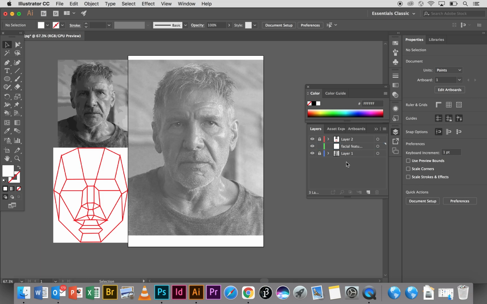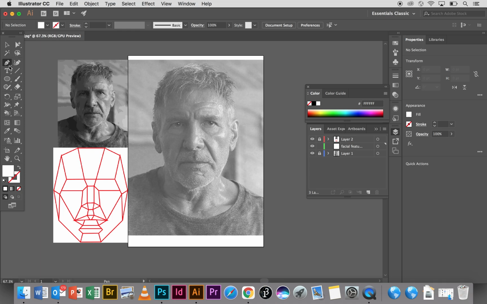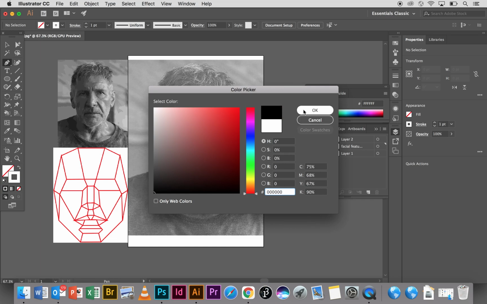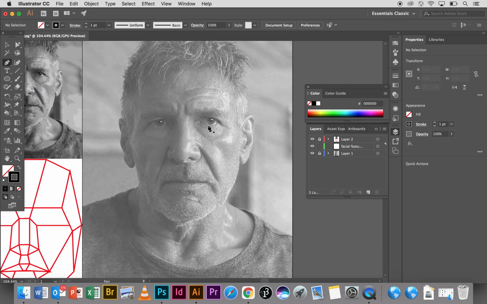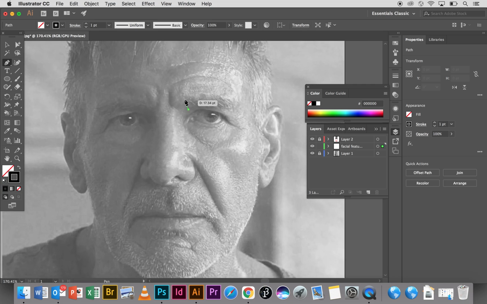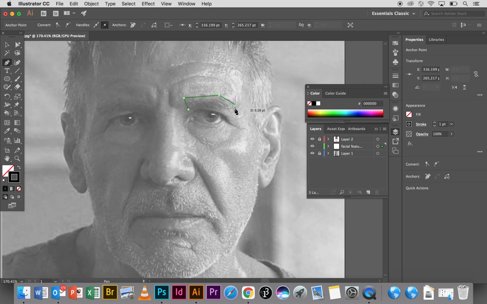features. Okay, and just like you did with the Julian Opie work, we're going to be using our pen tool, which is found in these tools over here, and you want to change the fill so that there's no fill. You want to change the stroke to black, not white, to black, and make sure that the stroke is at 1, and zoom in and just start to fill in